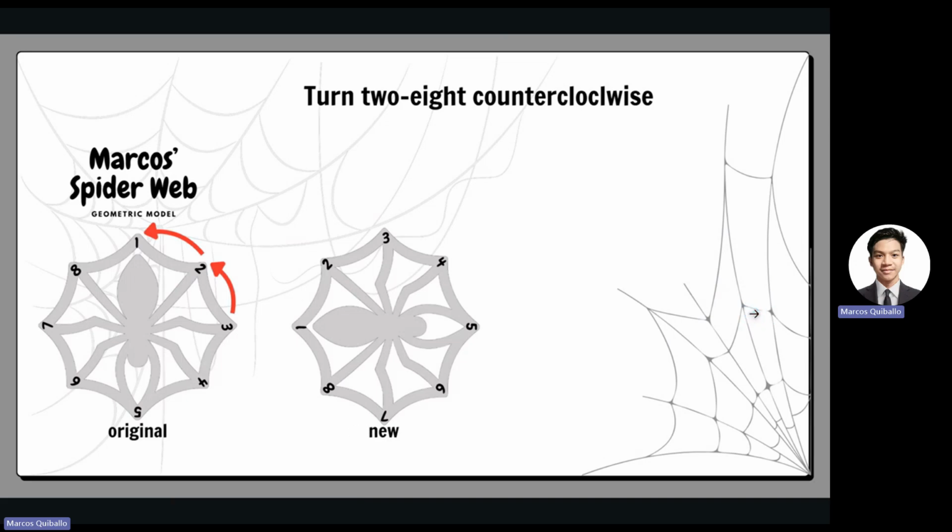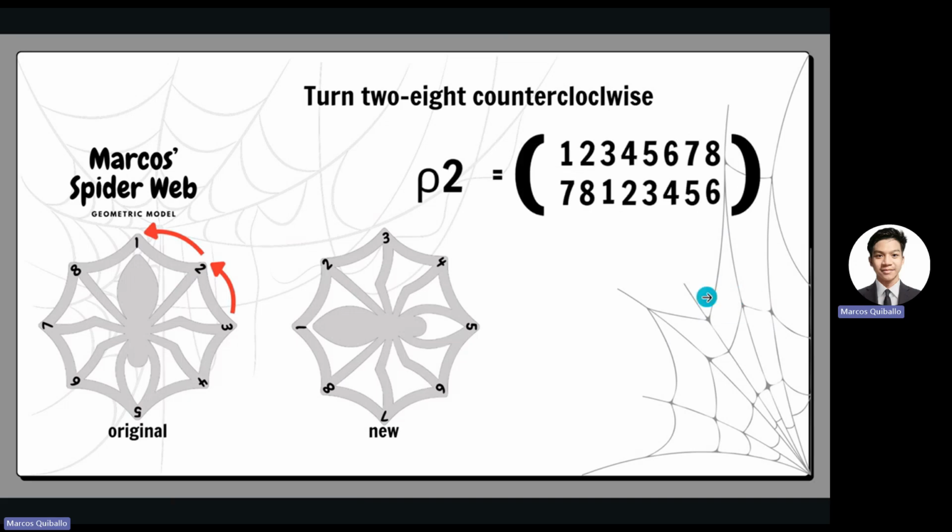And again, we will map new to original, which is equal to this row 2. So 1 is mapped to 7, 2 mapped to 8, 3 is mapped to 1, 4 is mapped to 2, 5 is mapped to 3, 6 is mapped to 4, 7 is mapped to 5, and 8 is mapped to 6.